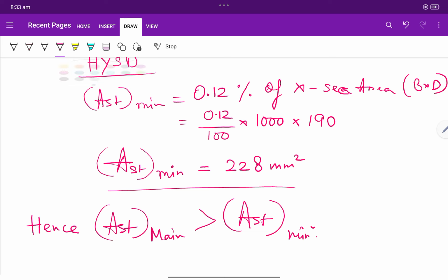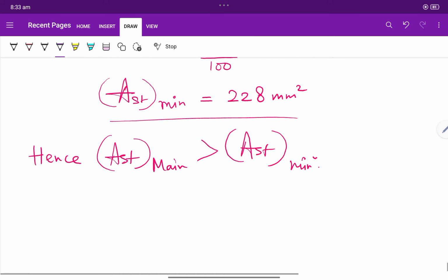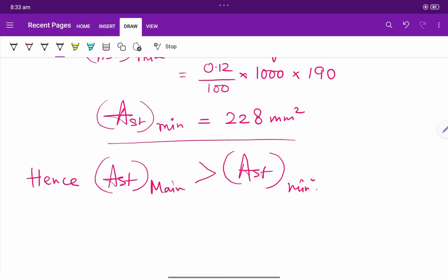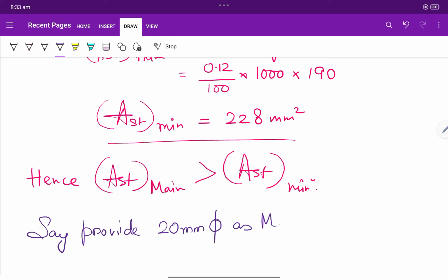Now we have to calculate the spacing. Now we will calculate spacing. So before calculation of spacing, we have to just assume a dia of the bar. So let's say we are providing 20 mm dia for the main reinforcement. So provide 20 mm dia as main bar. Okay,